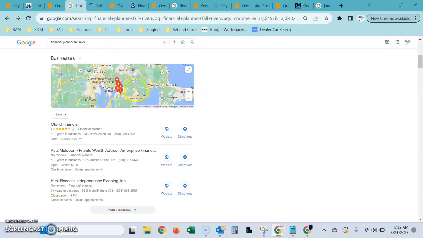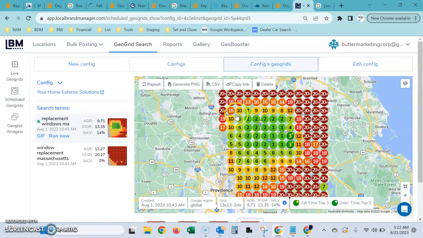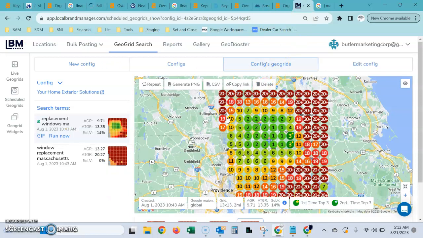There are ways to increase your exposure in this, so that way you can come up in further out searches. One way to do that is, like you can see here, I have a tool that shows me exactly where your business profile ranks. This particular client wants to rank for replacement windows, but only in a certain area. So you can see what we've done is built them out a campaign, so that they're ranking in the top. As long as you're in the top 3, you're on the first page, because they're always going to list 3 here. But this is how we can target specific areas and get it exactly to where you want, whether it's from Fall River to Boston. It just depends on what areas you want to target.